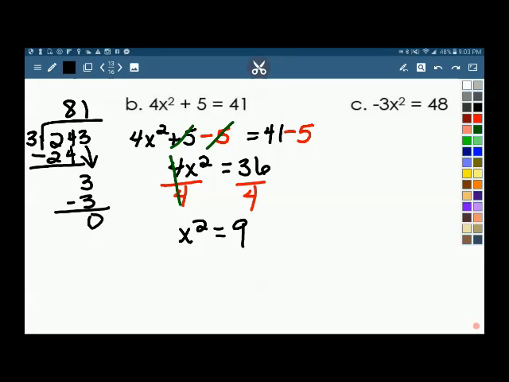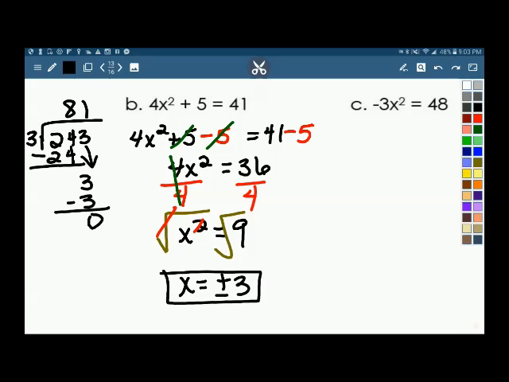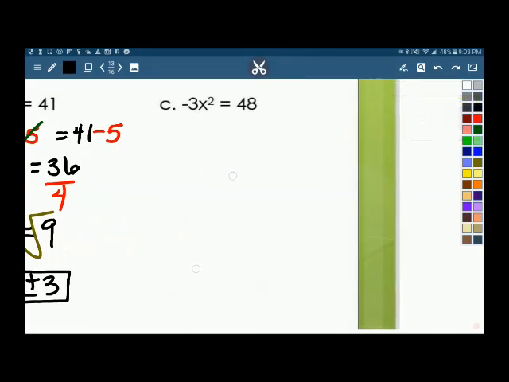And now I can actually do the undoing of squaring, which is square rooting. So the square symbol and the root symbol will get canceled. We're just left with x. And the square root of 9 is positive and negative 3. Got one more example for you guys, just so that you have a lot of references as you're solving these